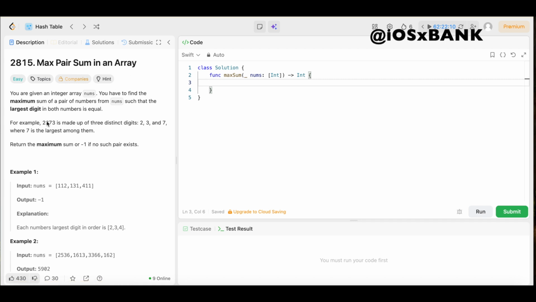And today we have question number 2815, max pair sum in an array. The difficulty level is easy, so you already know we're going to keep the solution as simple and easy to